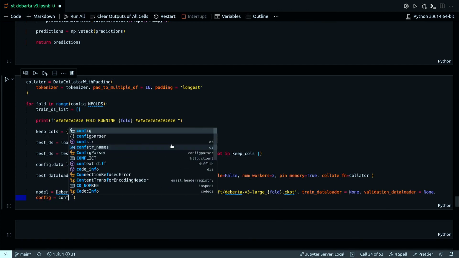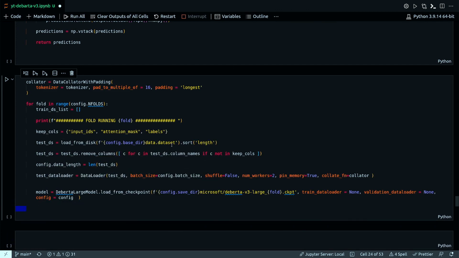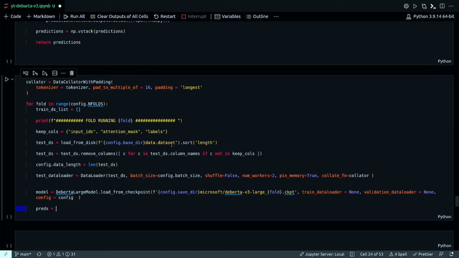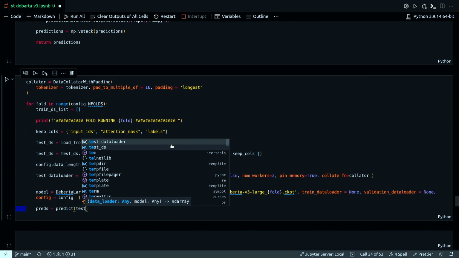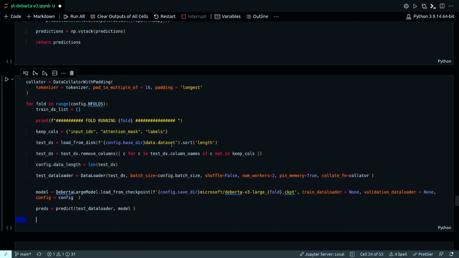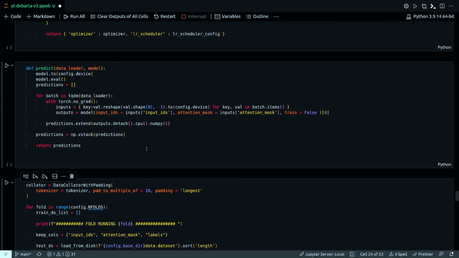Config equal to config. Okay, now finally my preds tensor. So here I'll be using the predict function. To that I'll pass the test data loader and the model. And look how we did the predict function. It will give me the prediction as the vertical stack of individual predictions from each of the batches.